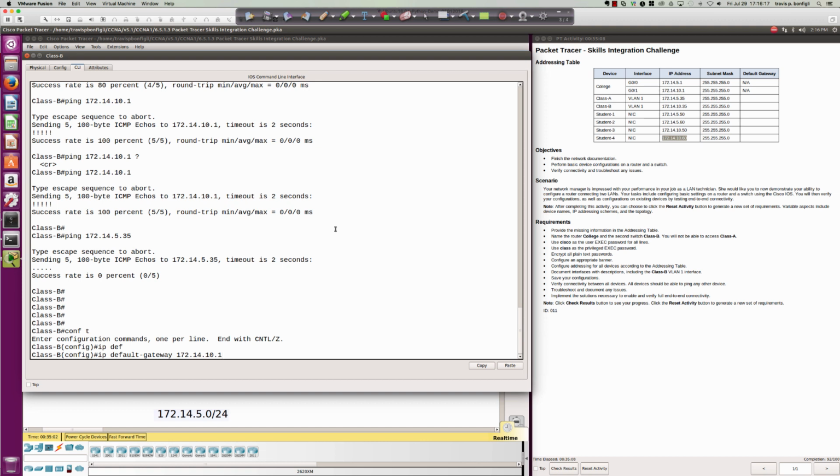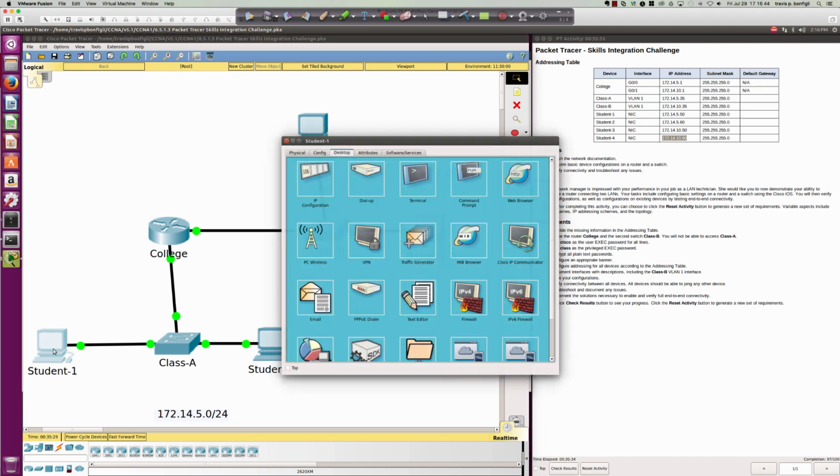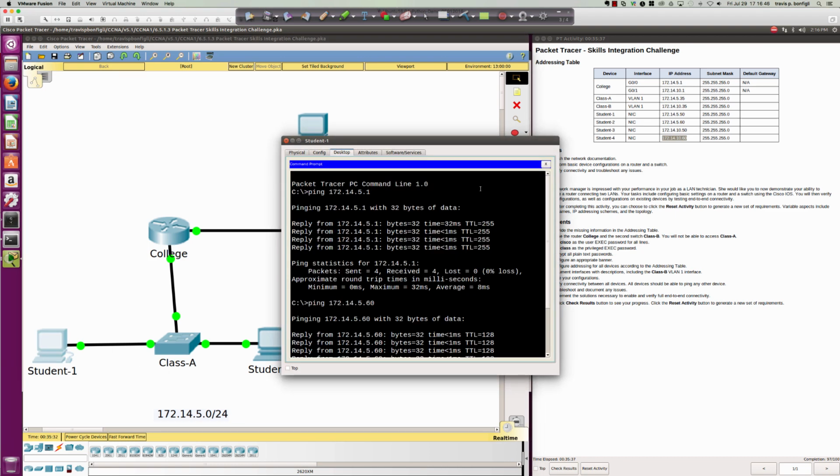So now, when we have traffic that is destined to the switch, control plane traffic coming in as an SSH connection, a ping as ICMP traffic, or telnet, if it's coming from a different network than Class B is configured for, it now knows how to get to that network. So now let's try from the student 1 PC, and let's ping,